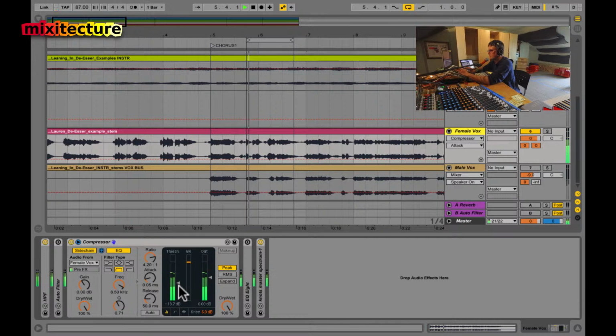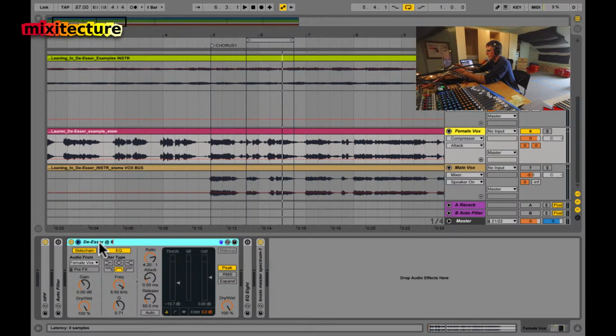Leaning in to this suffering. And that's a great example. When she says "leaning in," there's no gain reduction happening. And sometimes you even see the sound is close to the threshold, but we're only monitoring the sound of the filtered input. That's the only thing triggering the compression, and that's what makes this a